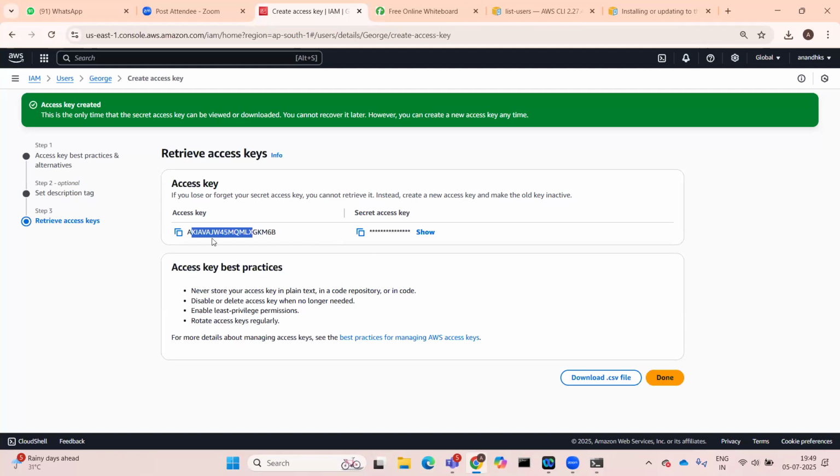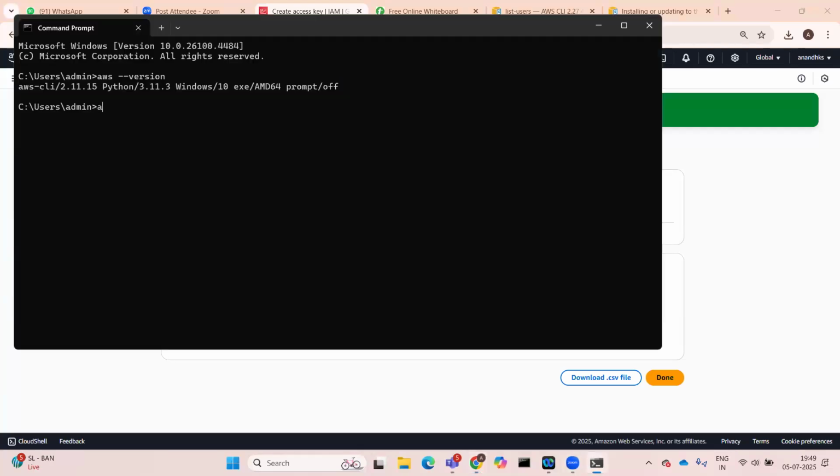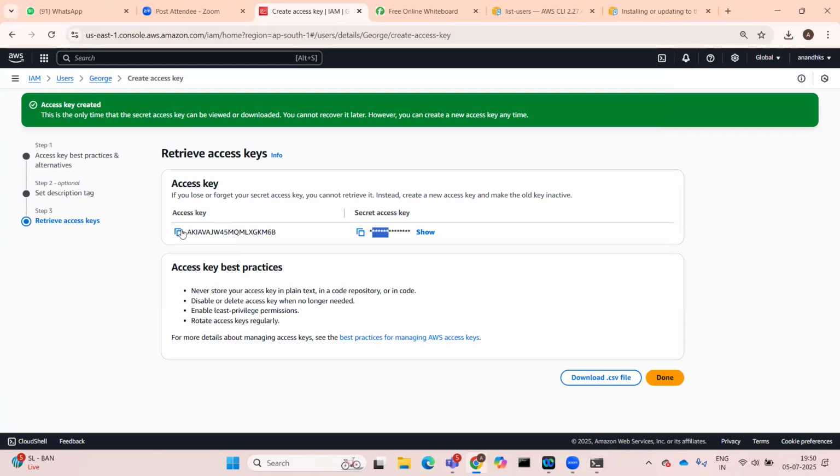When you are creating and generating these two, you click show here. You click show, or you can copy, or you can download a file to your local machine so that in future you can see it. So once you generate this access key and secret access key, you need to just come here. See, it is asking me what is your access key. The reason it is showing G4WQ is because I already configured it, so it is actually giving a sample. But now I can directly copy it,